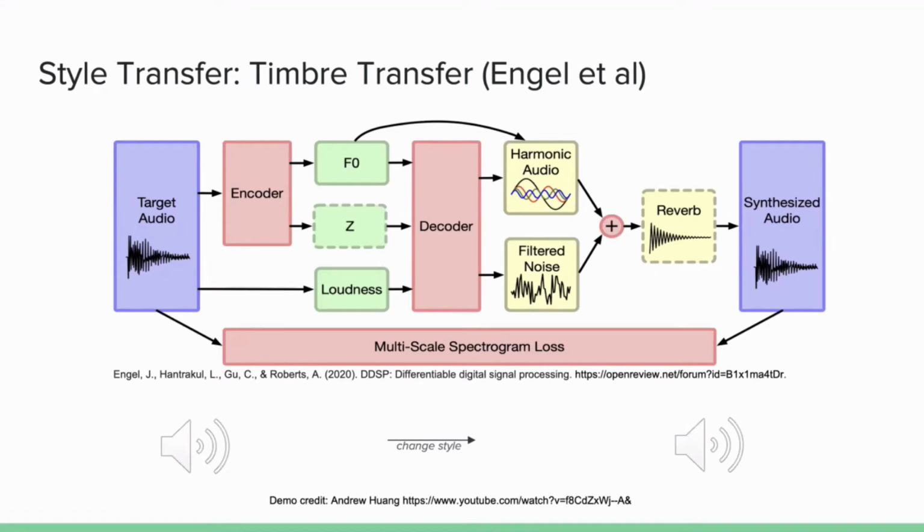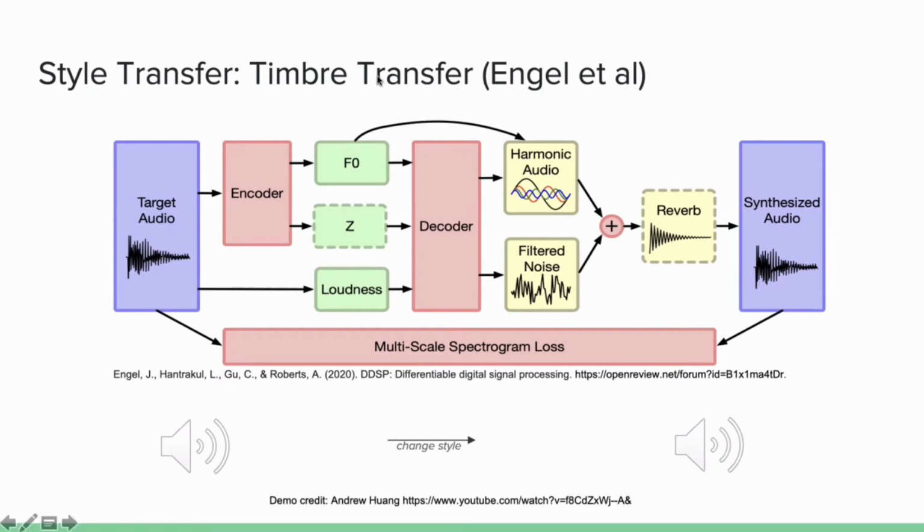Let's get down to style transfer, exactly. Let me show a few neural network architectures that solve different aspects of this task. We have already discussed that there are a lot of aspects there. Let's begin with the architecture that became available recently. It transfers music timbre, and it's a trained synthesizer.